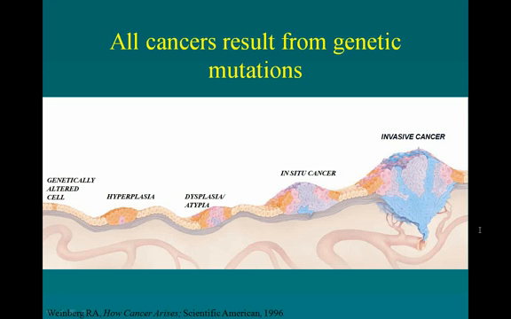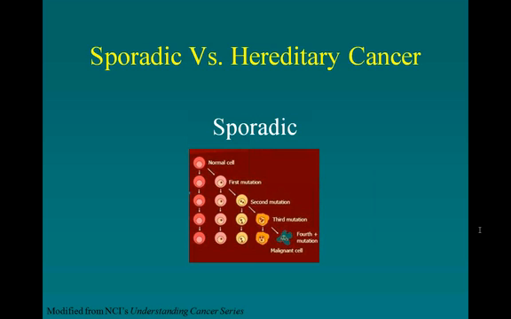the characteristics of cancer in those cells, and if it isn't detected at an early stage and treated, can go on to become invasive cancer and then even gain access to the surrounding tissue and metastasize throughout the body. So the important thing here is that all cancers are the result of genetic mutations, and that's the accumulation of these mutations over time that result in an actual cancer developing in a person. Now on the next slide,